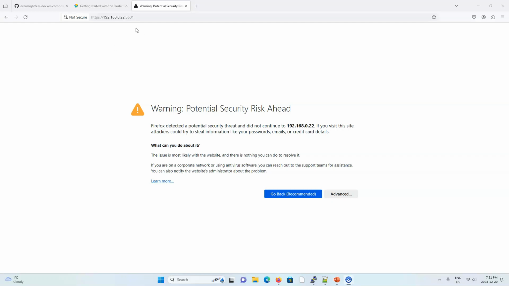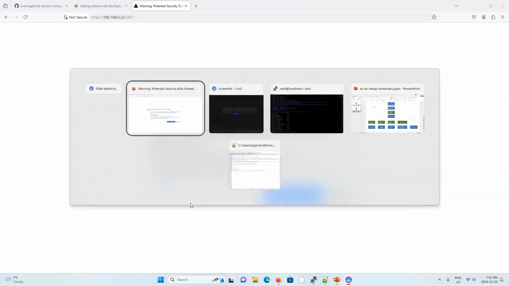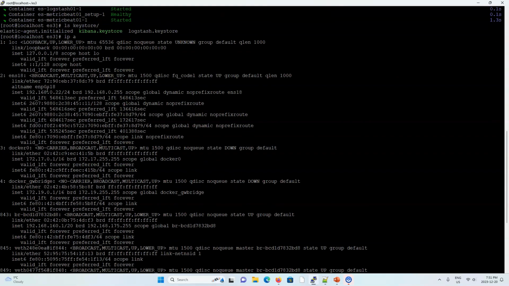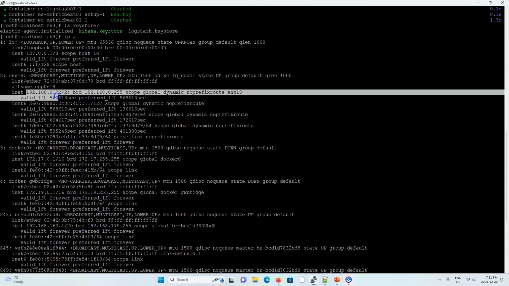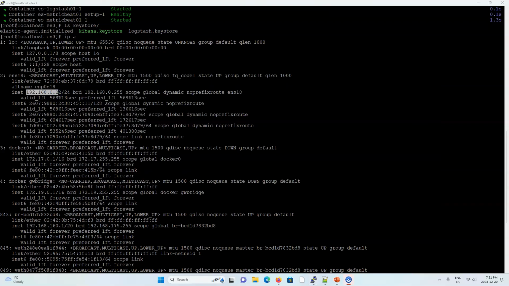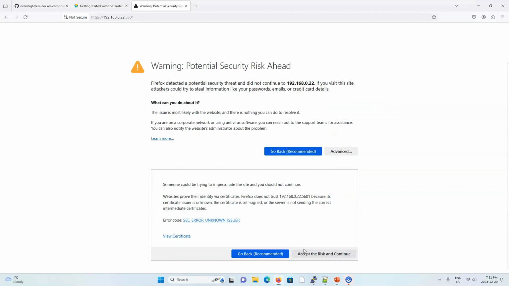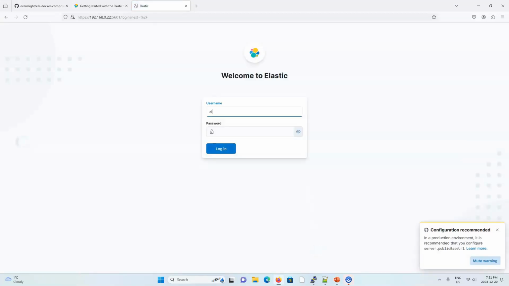Okay, so I went to the IP address of my Red Hat machine. You can see that there's SSL encrypted. In fact, let's just double check that I am on the right machine. Oh, okay, so there's a lot of these. Oh, here it is. Yep, so this is my Red Hat machine. So let's go back to the web browser and just click Advanced, Accept Risk and Continue. And we can log in first because we still need to configure a few things for